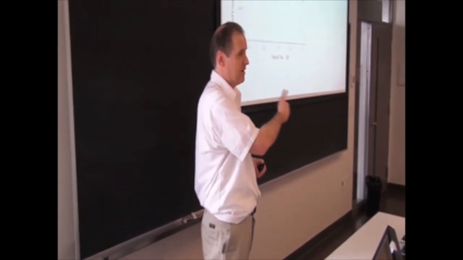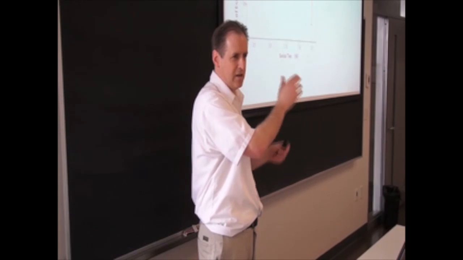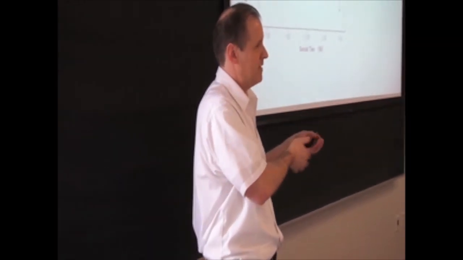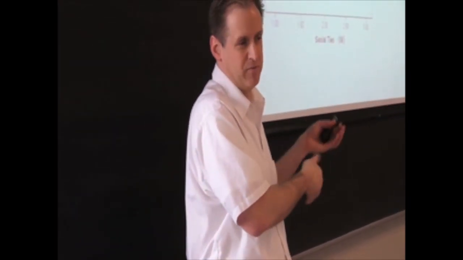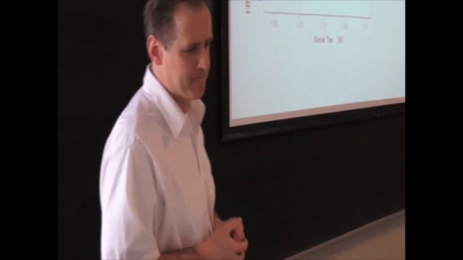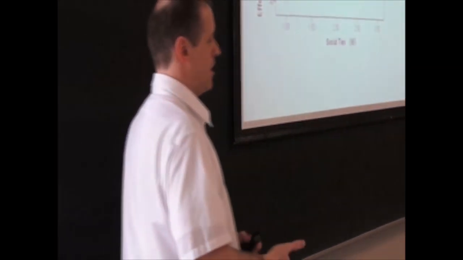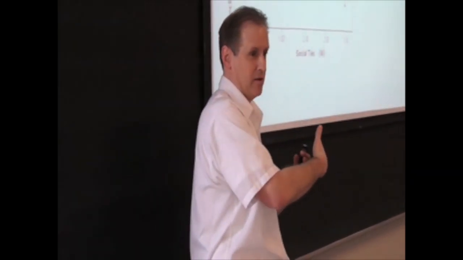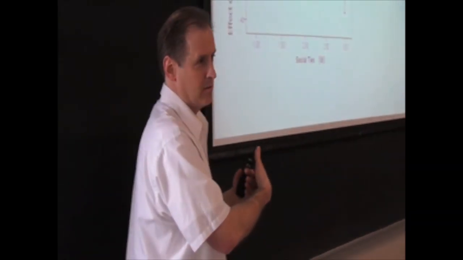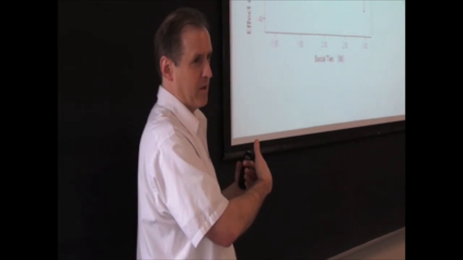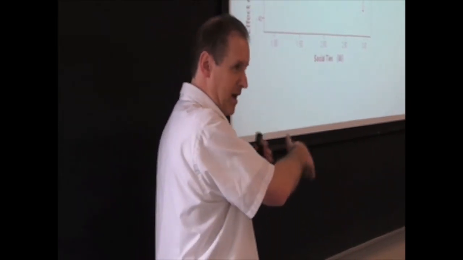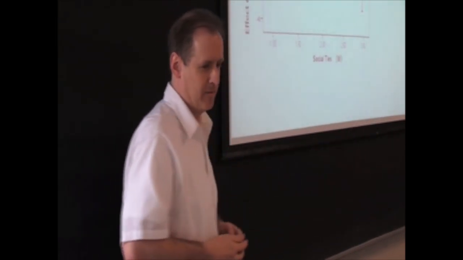We've seen evidence of moderation of one of the paths, and we've seen that for some values of the moderator, we have evidence of an indirect effect that's different from 0, but not for other values of the moderator. But we haven't formally tested whether the indirect effect is moderated. We tested whether one of the paths is moderated. But the indirect effect is not that one path. It's the product of paths.